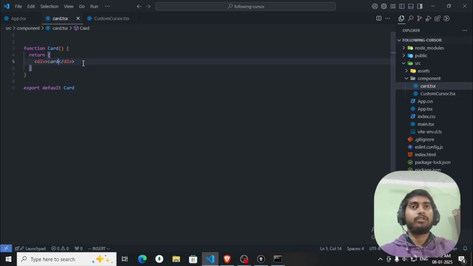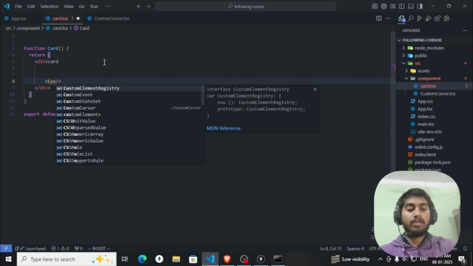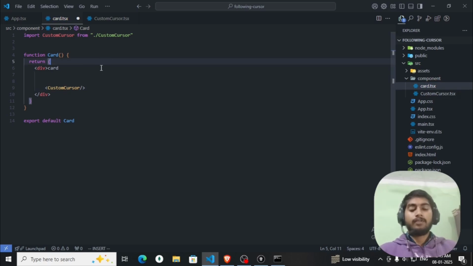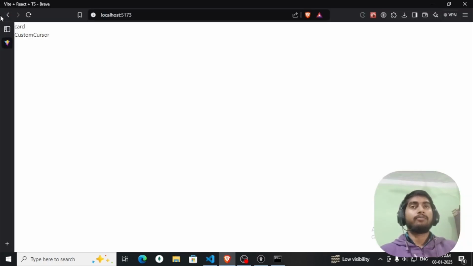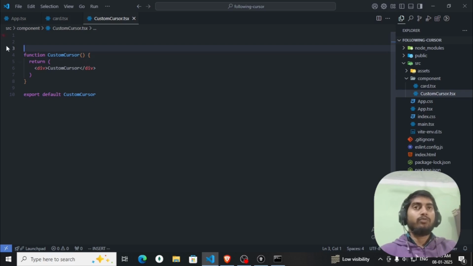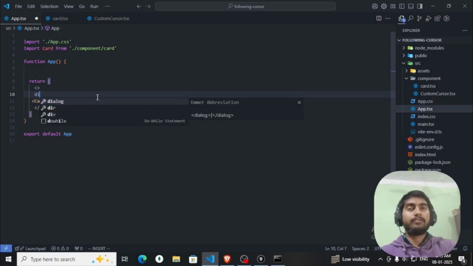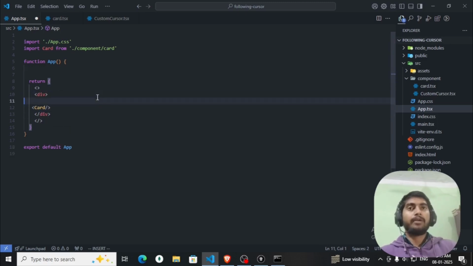And with this, this custom cursor component will come here inside our card, and here we will import this. And I guess both of them are rendering early in the app file. Yeah. Now let's get started. So what we have to do is, first of all, let's just make a component. Inside the app, we will make a div, and we will wrap it with that, and we will say